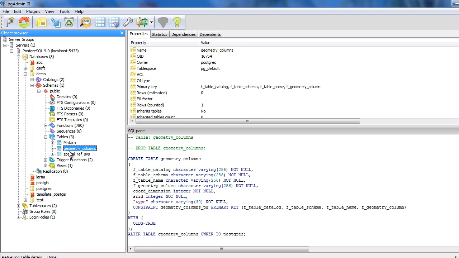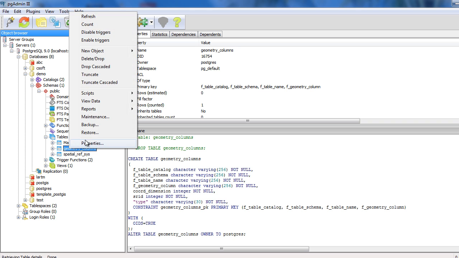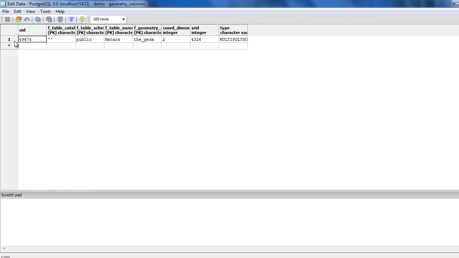Next, check this geometry columns table, and you can see that a new record has been added pointing to my new table.